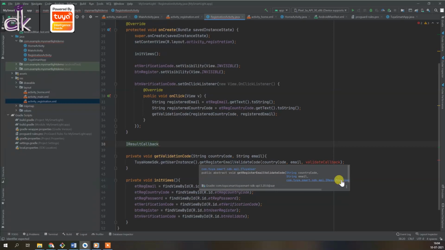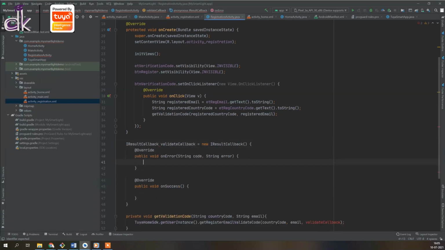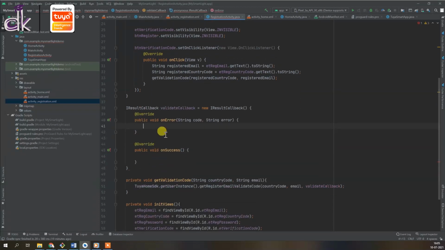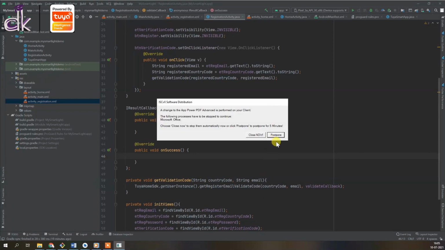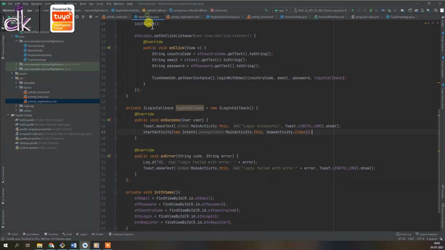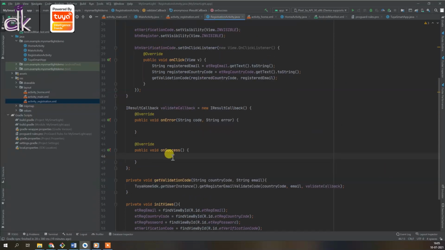Okay, and let's now create the iResult callback, which is what this is expecting, right? So it is iResult callback, and the validate callback is equal to new iResult callback. And again, it's the same thing where you need to add on error, on success. Make sure you add the semicolon at the end. So on success, you want to display a toast message, right? And the success here is nothing but successfully able to send the token.